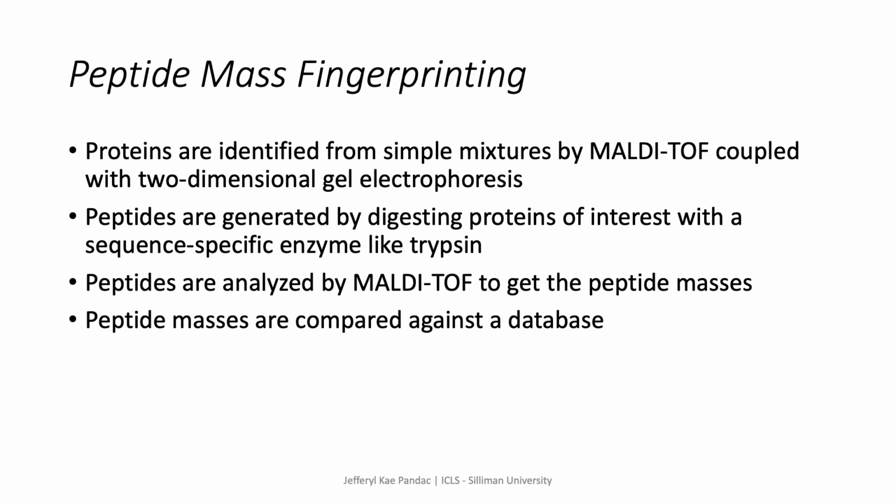In this approach, peptides are generated by digesting proteins of interest with a sequence-specific enzyme like trypsin. And then peptides are analyzed by MALDI-TOF mass spectrometry to get the peptide masses. The experimental masses are compared against a database containing theoretical peptide masses from a given organism with the same sequence-specific